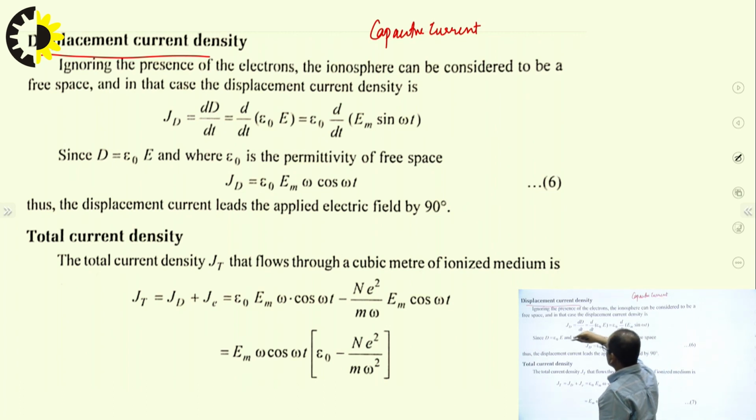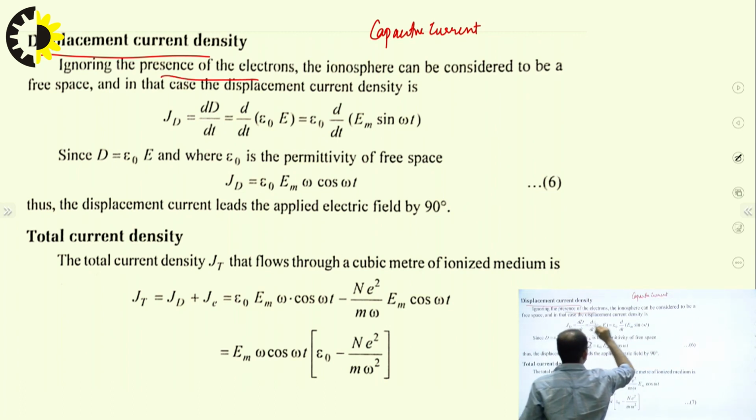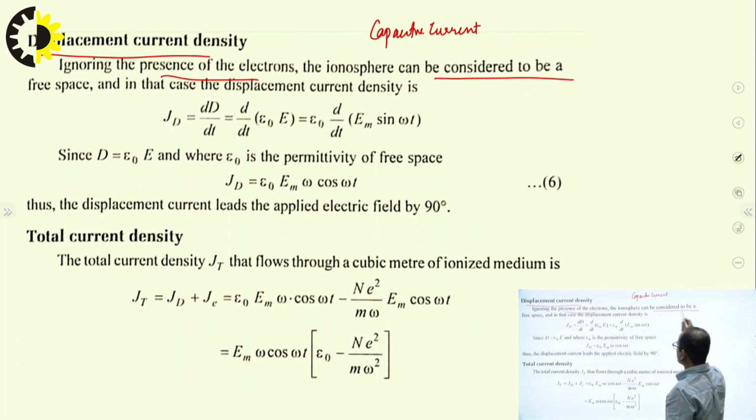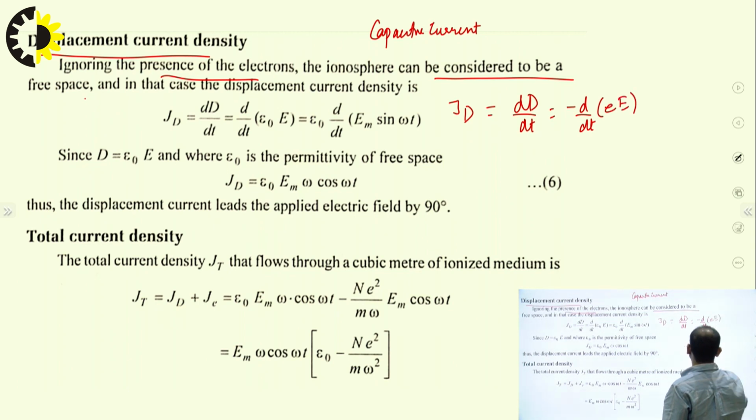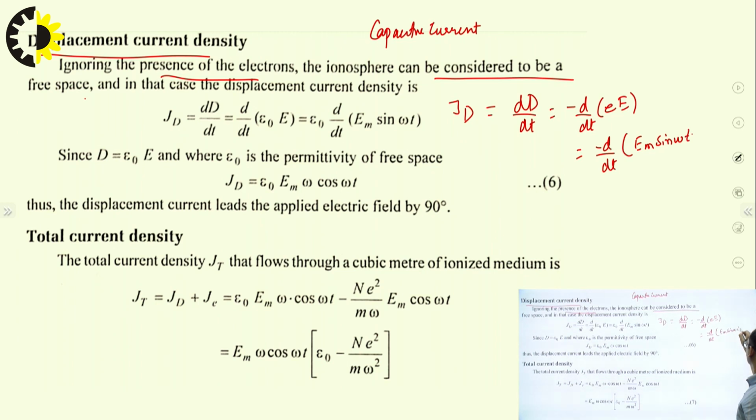So ignoring the presence of these electrons, the ionosphere can be considered as free space. In that case, what will the displacement current be equal to? The displacement current is equal to epsilon dE by dt, and on putting this value E equal to minus Em sin omega t,